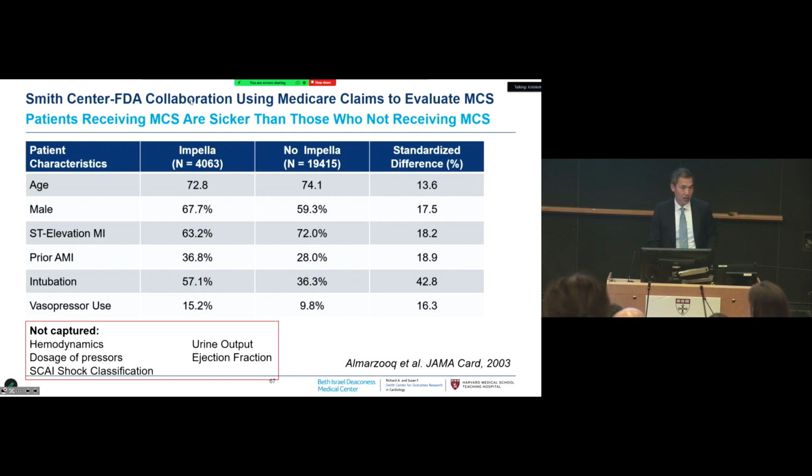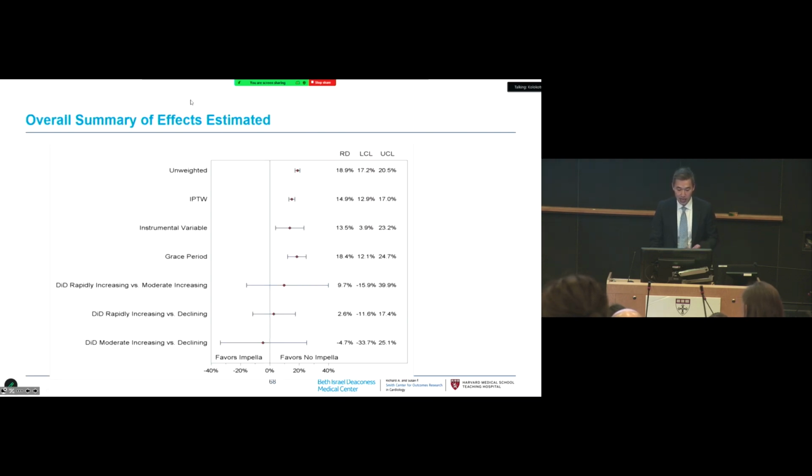And what we found is that there were many uncaptured variables that clinicians would think were important in driving this decision. And overall, depending on the method that we used, we could find a whole different set of results. We used an inverse probability weighting approach. This is work that Issa and I worked on together, really the first big paper that we worked on together. We used a grace period design to take advantage of dynamic changes in patient outcomes. We used some natural experiment designs, an IV approach, something called an instrumented difference-in-differences approach. And we found an assortment of different outcomes, and we didn't know which to believe, if any.